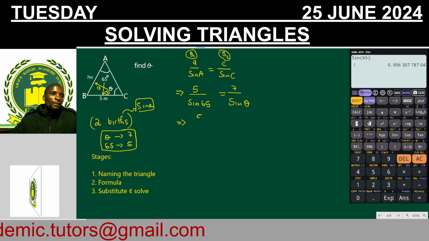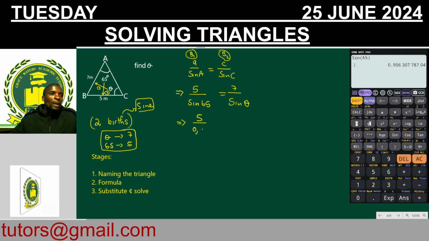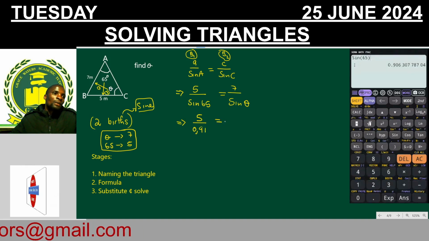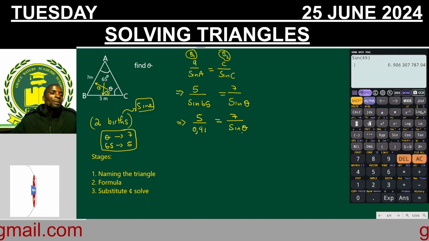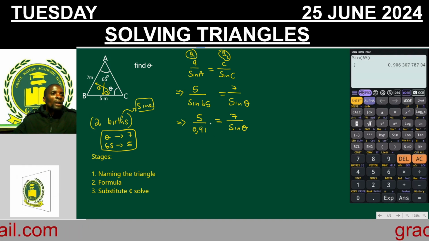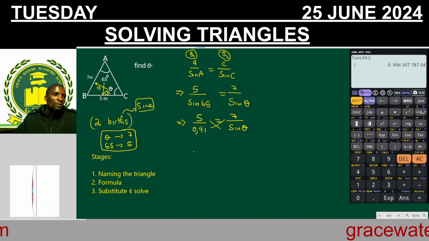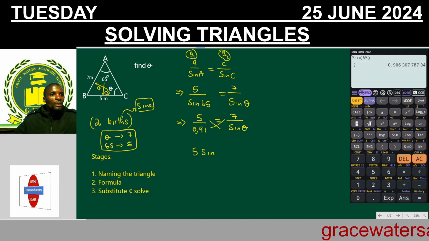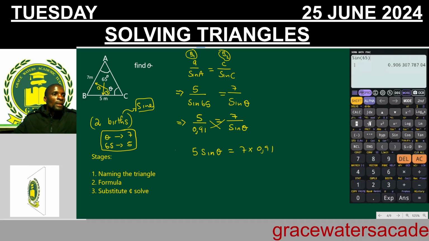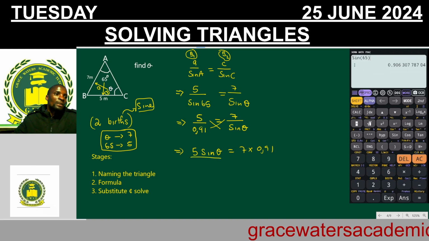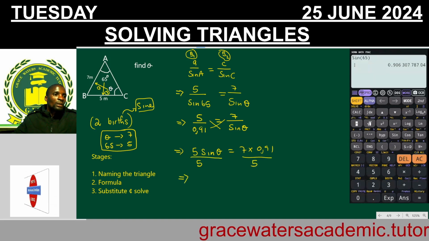So I have 5 over sine 65 is 0.91. I put a 9 and a 1, and then I say equals. Now 7 over sine theta. I can't remove sine at the moment because I can't put sine theta into the calculator, so I have to solve with that sine through and through. So when we have fractions, we cross multiply, so we will have 5 sine theta is equal to 7 multiplied by 0.91. And then to remove coefficients here, it's wise for us to remove this 5 by dividing both sides by 5, and then we are left with sine theta